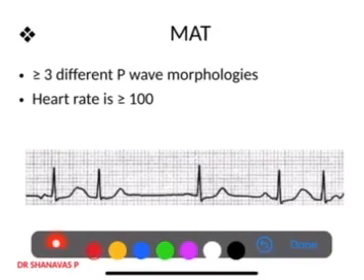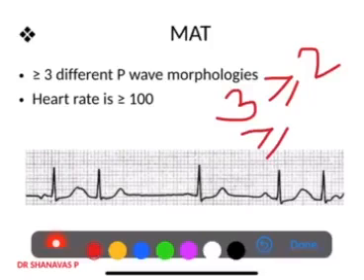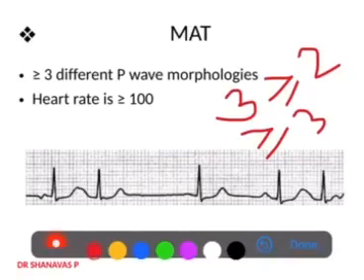The name itself suggests what is meant by multifocal, that is multiple. When we say multiple, it means at least 3, or more than or equal to 3, that is when we use the term multiple. So multifocal atrial means there are at least 3 foci. If the P wave arises from 3 different foci, what will be the result? Each P wave will have a different morphology.